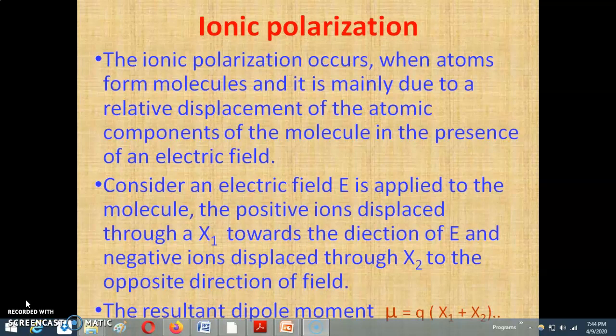Welcome to our next module explaining ionic polarization. Already I told you, suppose you take a material and place it between two parallel plates. You know that a dielectric material is an insulating material, such as mica, glass plate, or paper. Such non-conducting materials are placed between two parallel plates so that the charges induced at the parallel plate are again induced